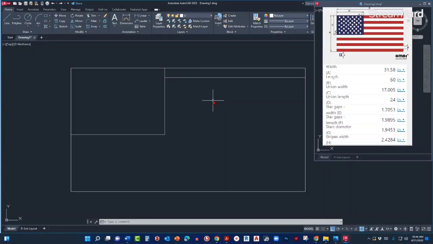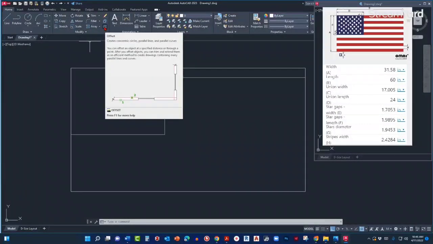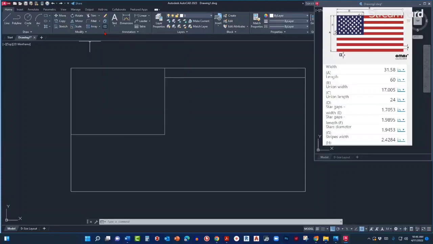And the next command that I want to introduce to you is the offset command. The offset command is a way to modify your existing drawing, because I don't want to draw another line over here to finish the stripes. I'm simply going to offset it. So if you go over here on the ribbon, the offset command is right here. And again, it creates parallel lines. So I'm going to use the shortcut, which is O. So once I use O and press enter,